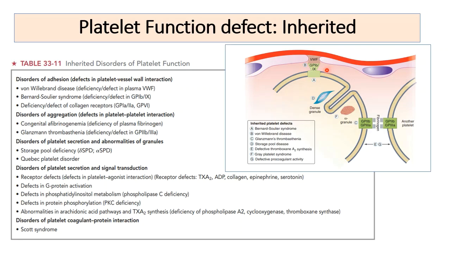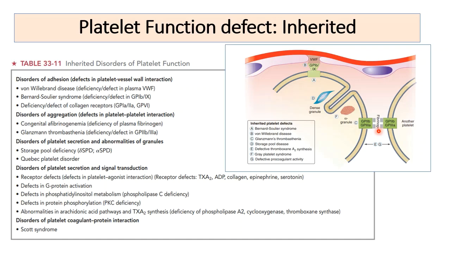So if there is a defect in the von Willebrand factor, or if there is a defect in GP1B9, which is called the Bernard-Soulier syndrome, or if there is a defect in the collagen receptors, which we also saw help in adhesion, that is your GP1A, 2A receptor, all would lead to platelet function defects, adhesion defect. Disorders in aggregation. Now we had seen that for aggregation to occur, the receptor is GP2B3A with the help of fibrinogen. So if there is a fibrinogen defect or if there is a GP2B3A defect,